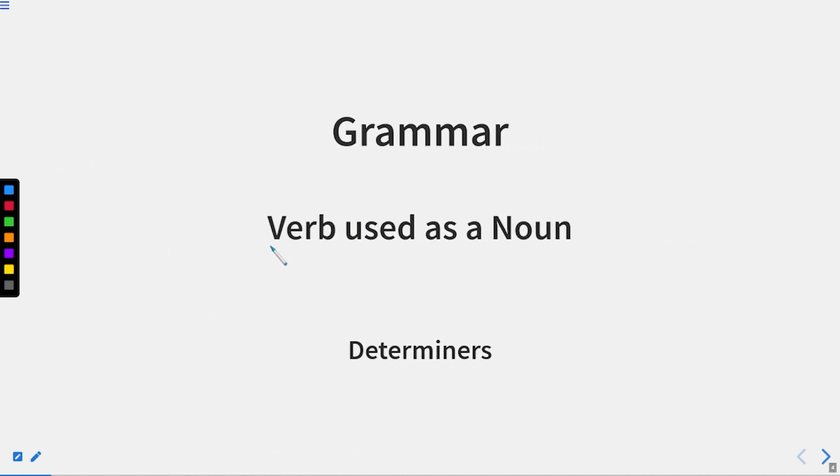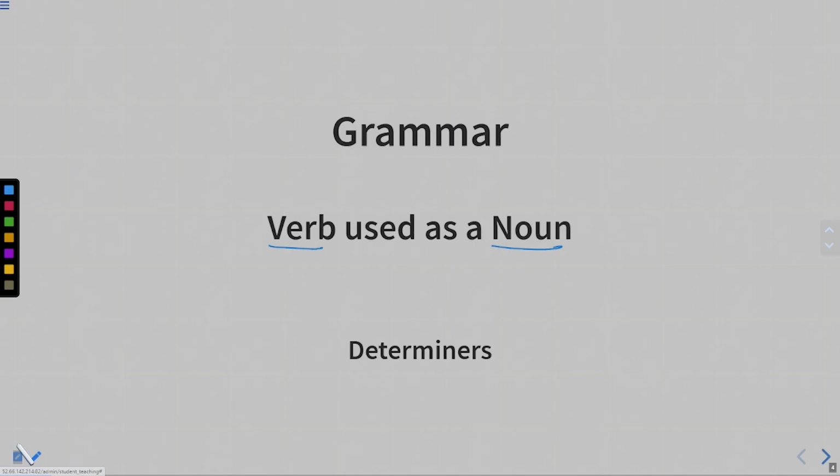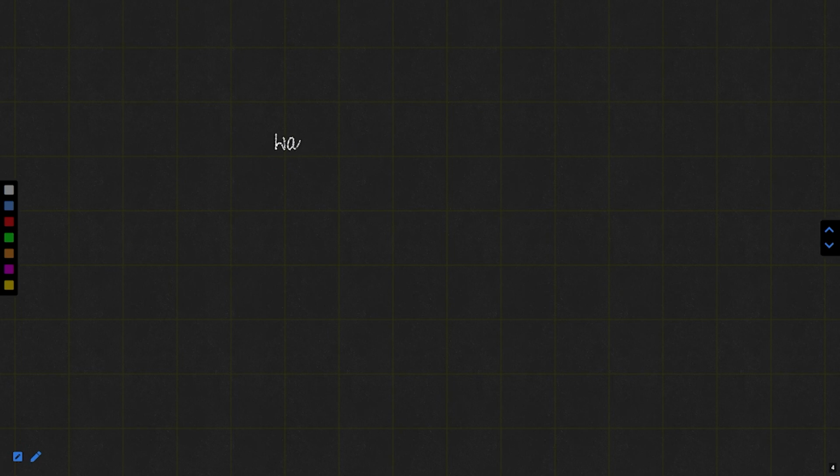First, we'll read when a verb is used as a noun. Now we know well that verb is an action, whereas noun is a subject or an object or a person or a name of anything. That is a noun. Now, if I use a word which looks like a verb but it behaves like a noun, then we use an indefinite article before it. For example, let us say walk. Now we know well that walk is a verb. But if I say, my grandfather